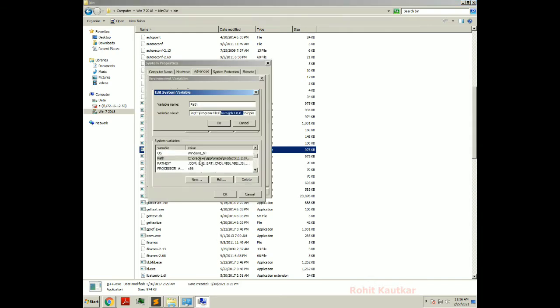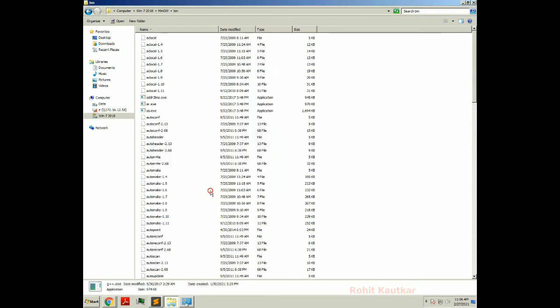Okay, so here like I have already added, here you can see C MinGW bin directory. Like this you need to add the path of MinGW bin directory. Okay, so if you don't add this, your program will not get executed because it will not recognize G++ compiler. Okay, so after setting this path variable,